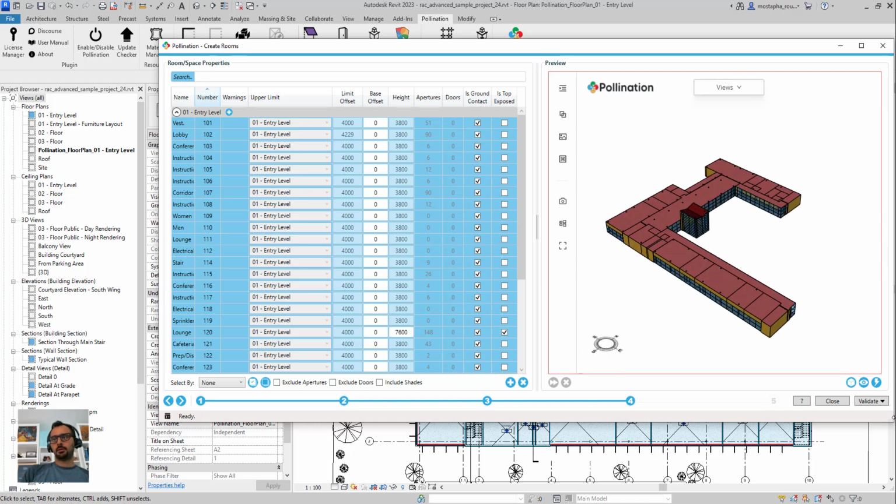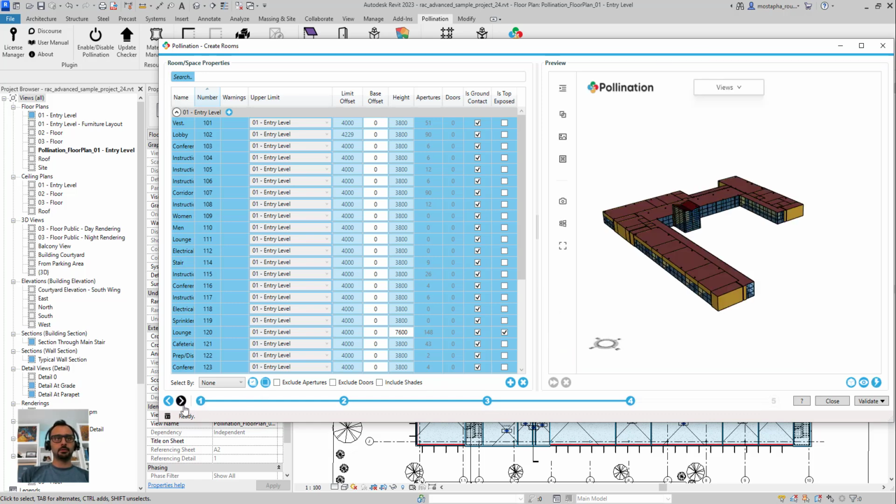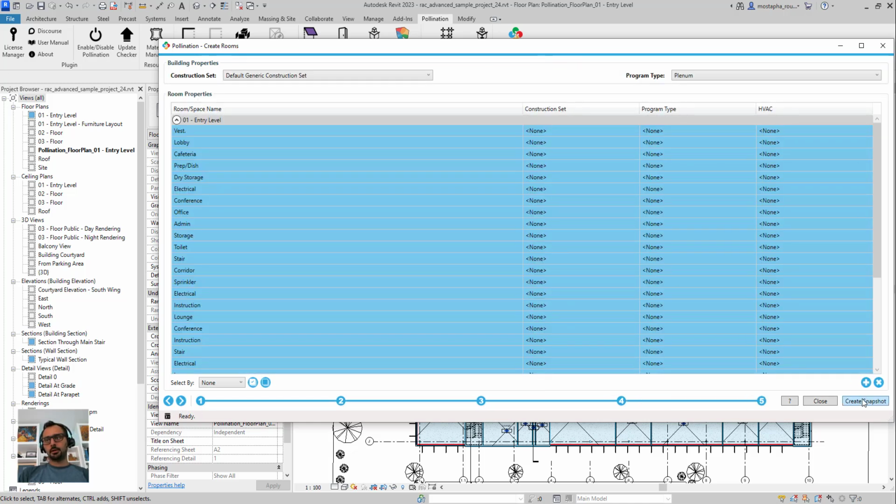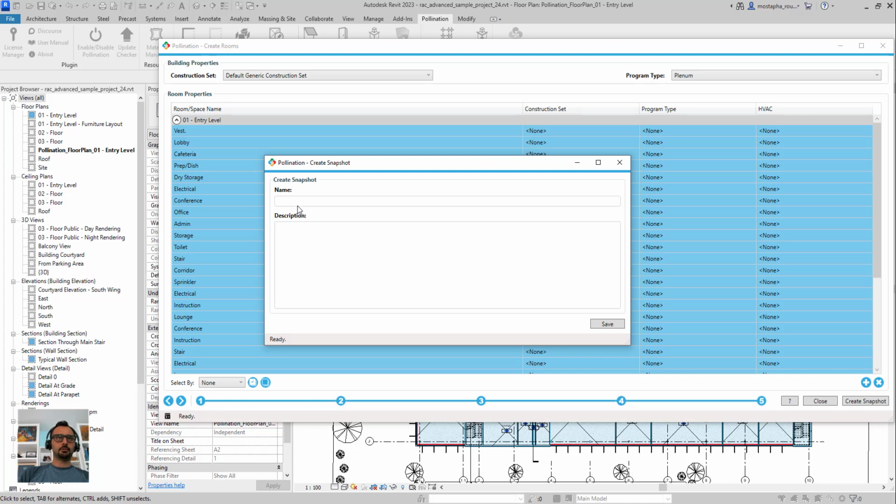And this is what I want. Looks good. I just clicked it so that red thing goes away, but I didn't really need it. Next, create a snapshot,